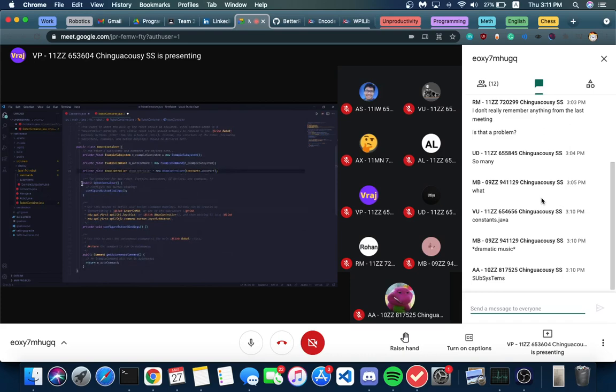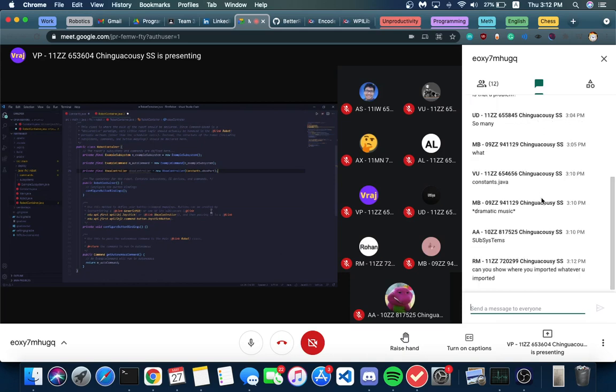You'll notice that in the construction of our robot container, we run this configure button bindings function. It says use this method to define your button command mappings. Buttons can be created by instantiating a generic HID or one of its subclasses, which is a joystick or an Xbox controller, and then passing it to a joystick button, which is exactly what we're going to be doing. So in this configure button bindings, we're essentially going to say, once this button is pressed on our Xbox controller,